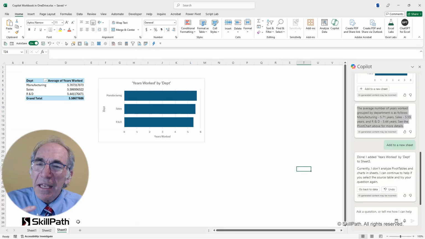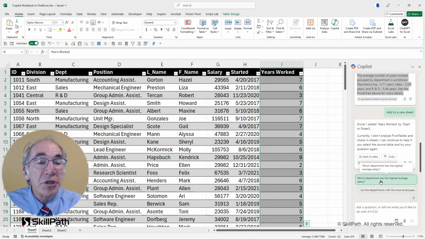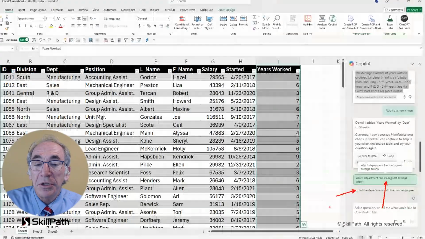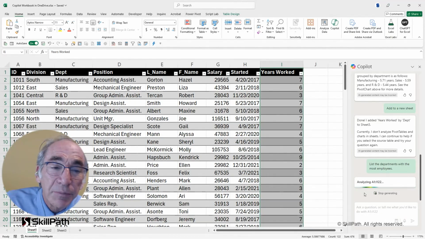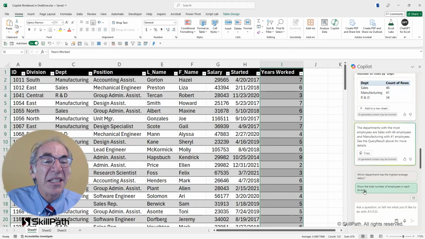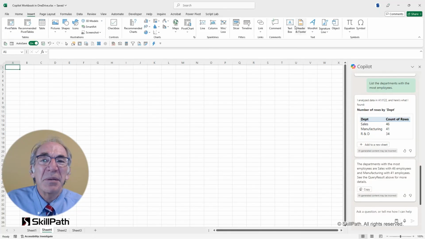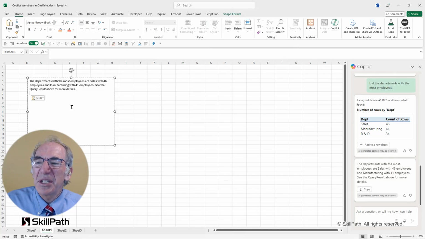If you're not that adept at thinking, well, what should I do? I don't know what to look at. Then what you could do is simply take the suggestions, like, for example, which department has the highest average salary? List the departments with the most employees. You can just take their suggestions, click it, and see what kinds of things will be revealed by the choices that you've made and the options that are provided, and decide later, okay, we'll add this as well. I can copy the text so that I can put that somewhere else, perhaps on another sheet. I'll just insert a text box of some sort and then paste that text that I've got just like this.